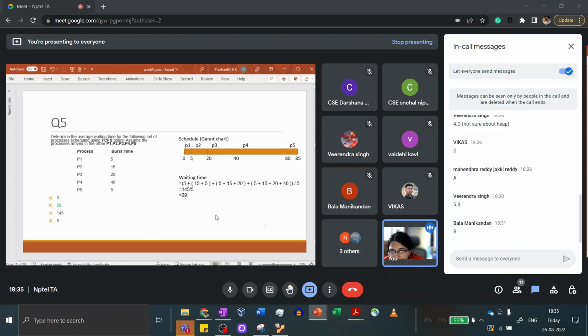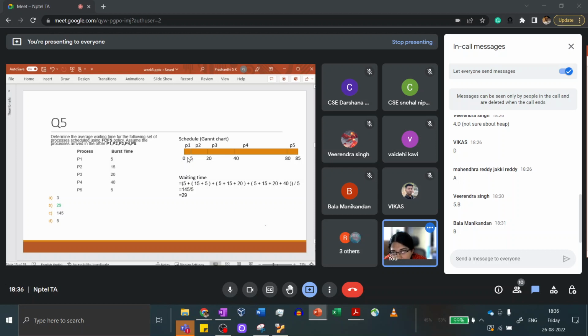So I hope you remember what waiting time is. We will recap that in the next set of slides. But waiting time is basically how much time did a process have to wait before it was picked up for execution. So P2 arrived at, let's say, time 0, very close to 0, but it had to wait 5 seconds before it started to execute, right? And similarly, P3 arrived at 0, but it had to wait 20 seconds before it started to execute, right? And so on. So that's how you calculate the waiting time for each process.